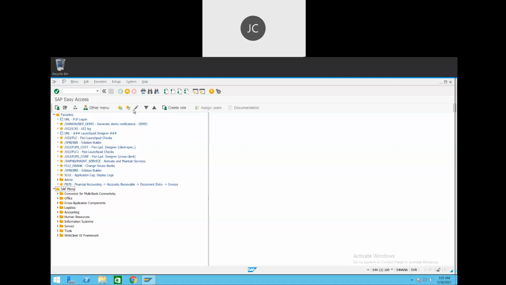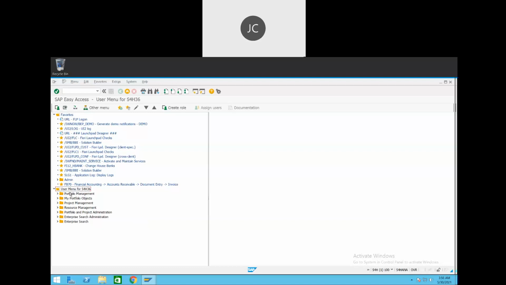And here I would like to tell you one more thing, that something called the user menu is also there. Okay. So you can see here the user menu for this particular user. So all these transaction codes are assigned, or these folders are available for this particular user. Okay. These are also provided by our Basis admin team, and of course we can ask them, okay, I want all these authorizations, right? So as they add the transaction codes, all these folders automatically come up and are added to our SAP user menu, right?